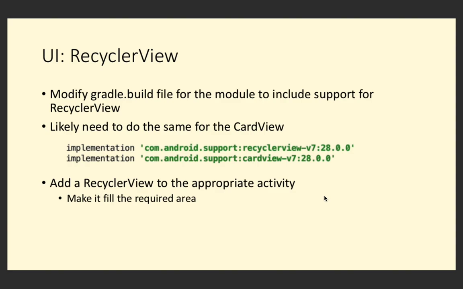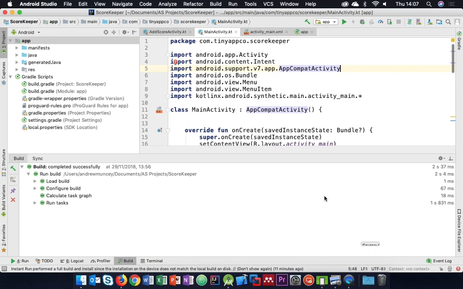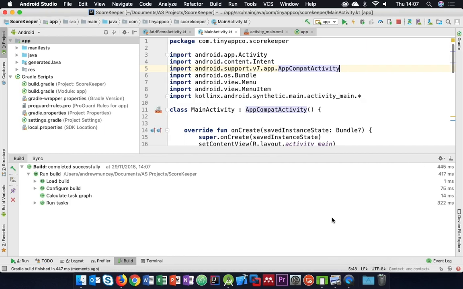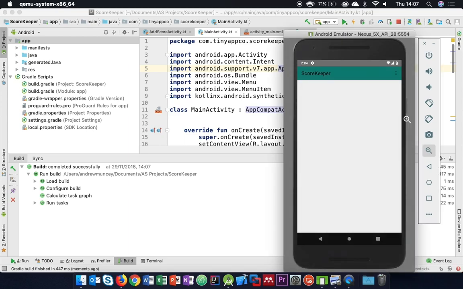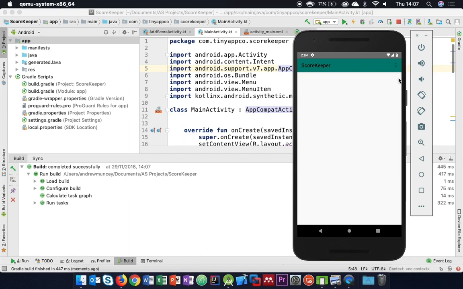Okay, so I've already got a little project set up in Android Studio. It really only makes use of things we've done already, so I'll take you through what it does at the moment. And then we're going to add a RecyclerView to it. So at the moment, if we run our application, you'll see that we've got an empty screen, and we have a menu